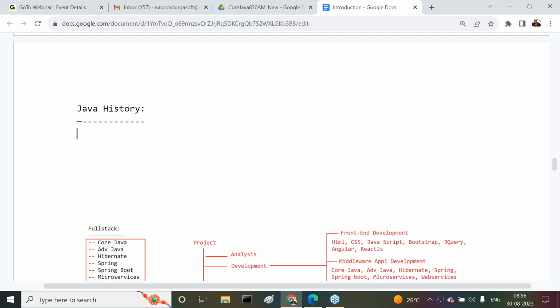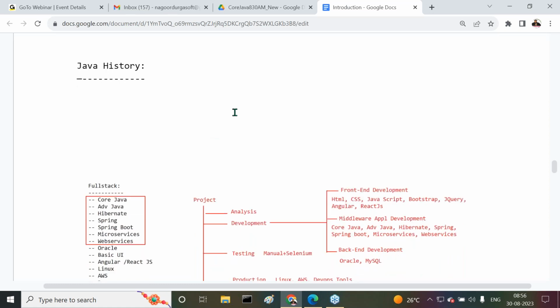Clear. In 1996 January 23rd, the very first version of Java was introduced. In the sense, when Java programming language preparation was started by Sun Microsystems, when they started to prepare this programming language, if we come to this point, now I'm giving some clarity, try to understand it clearly. In 1991, in which year? 1991, Sun Microsystems had a requirement